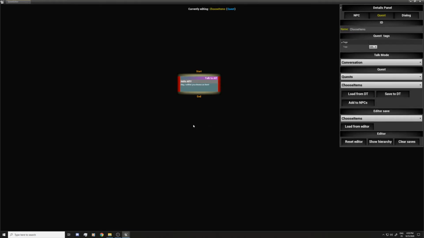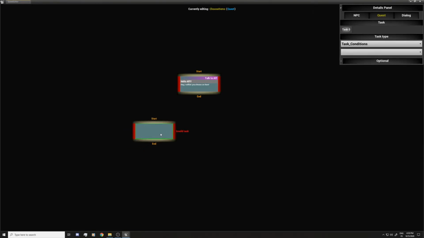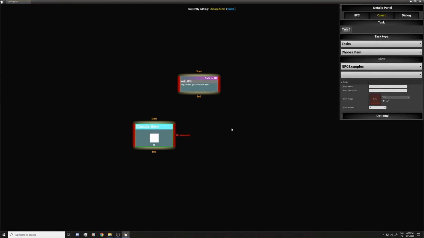So it's gonna be a very simple quest, and I'm gonna add some tasks. So for the task, this is the data table tasks, and we have the choose item task here. So you can see it gives an NPC. It's gonna be Alf. This is the NPC that we want to give us the reward.